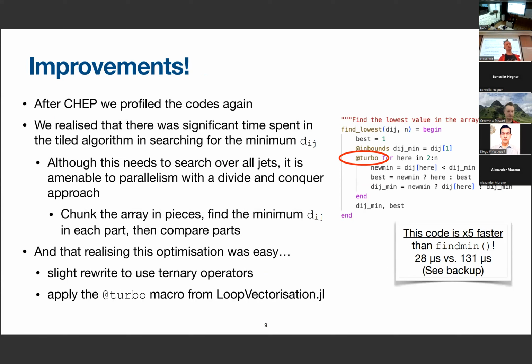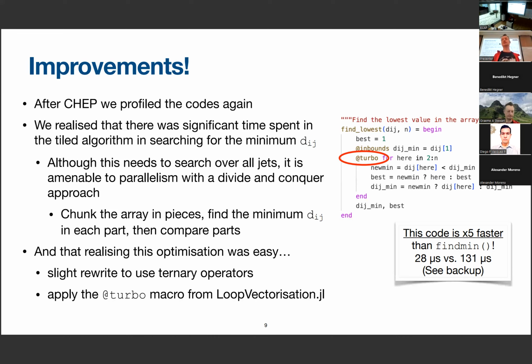Then okay, so we got so far with it. Could we improve it further? After CHEP, we profiled the codes again, and I realized that a rather significant amount of time was being spent in that step 3 where you were finding the minimum value of this metric parameter across all of the active jets. Now, when you think about it, you realize, oh, yeah, actually I can do this in parallel because I can split this array up, find the minimum in each piece of the array, and then compare the minima together. So I can do a divide and conquer approach here. So maybe there's an easy way to do that inside of Julia. And once I realized that you could do that,